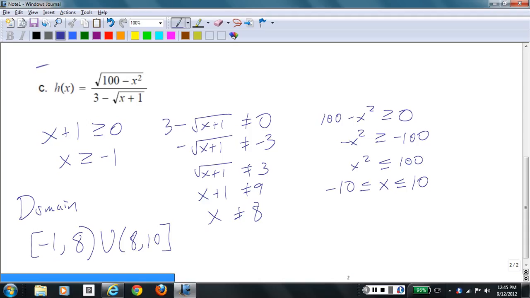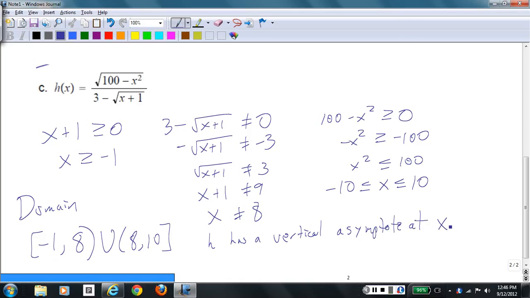But what about at 8? As x gets really close to 8, the denominator gets really close to 0, and the numerator does not get really close to 0. The numerator gets close to whatever 100 minus 8 squared is. 36. So the square root of 36. So the numerator gets close to 6. So this is going to be a vertical asymptote. H has a vertical asymptote